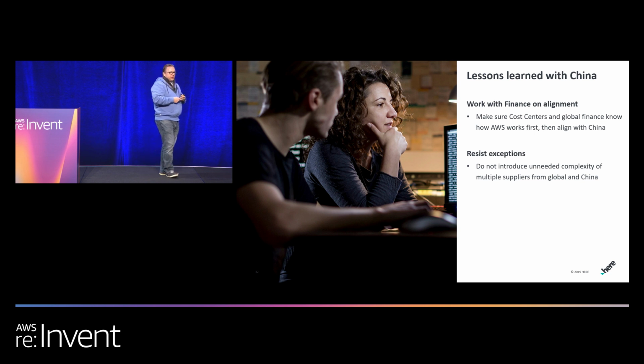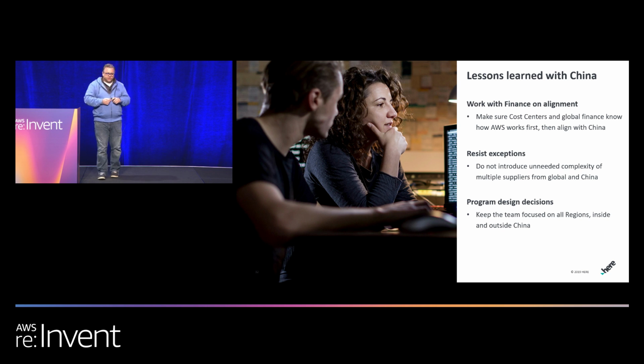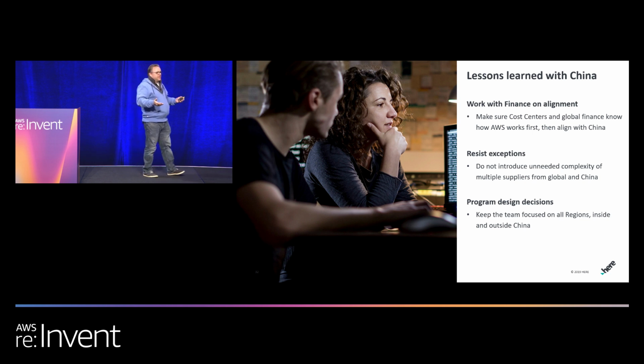Oftentimes, AWS is there to act as a local representative to you. And we've found globally, teams will join with that partner and say, how come you aren't in China? What can we do to help you get to China? And that's some of what JW and his team handle for us. And then make sure that you have team focus on all regions, inside and outside of China. So as JW pointed out, different console. Anyone who uses APIs at AWS knows APIs are regional, right?